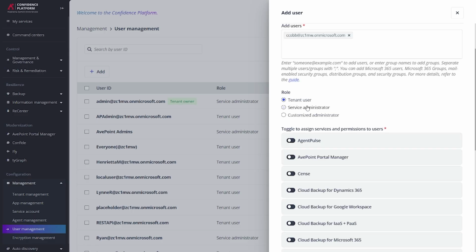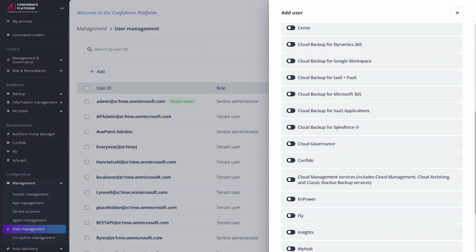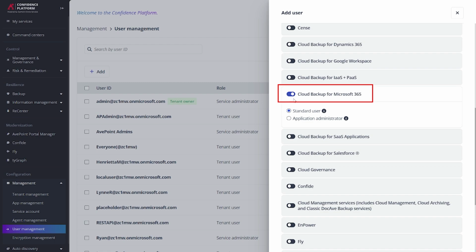For that, you want to select the role for this user or users. Do you want them to be a tenant user, a service administrator, or a customized administrator? Regular tenant user can be selected here, and then you can further select what permissions they have. So for example, if we have cloud backup from Microsoft 365, we can enable that, and we can say that